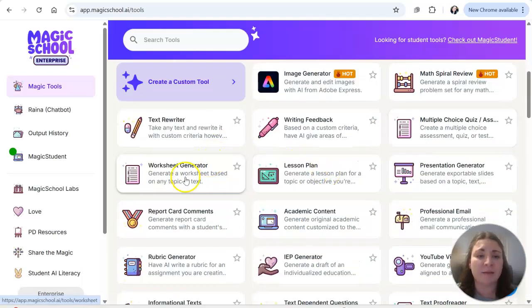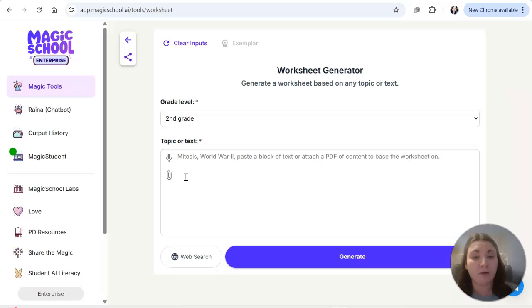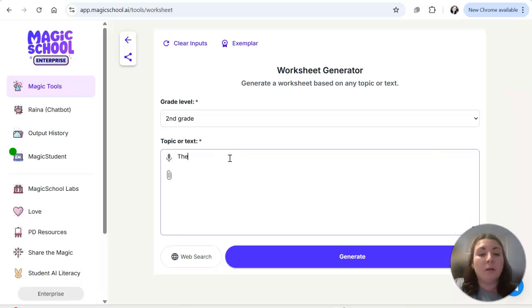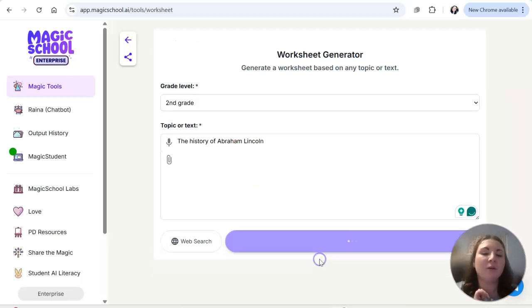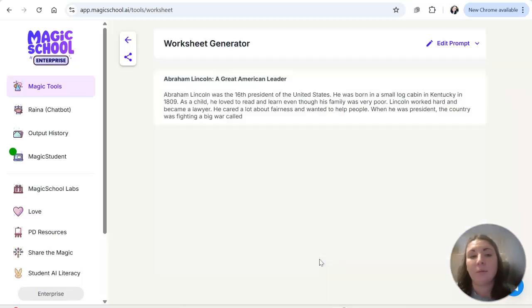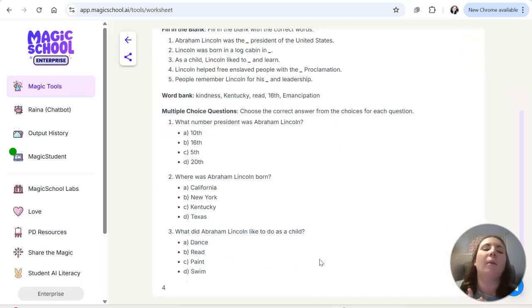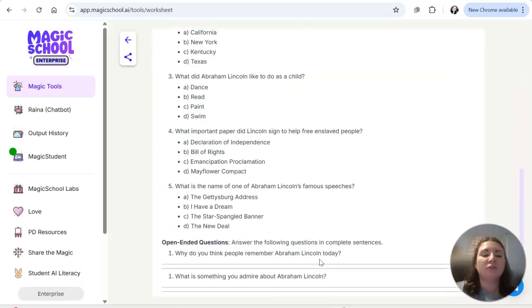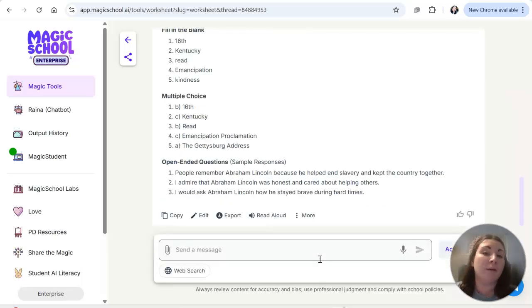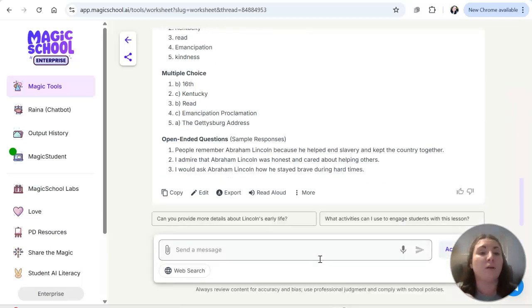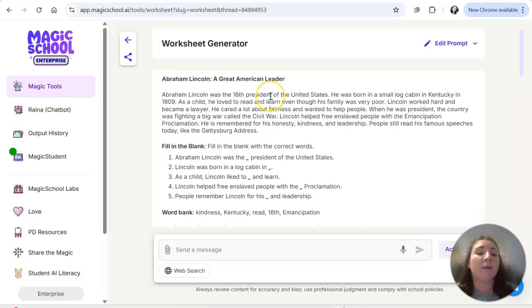Another great thing is there's a worksheet generator. So if you want to create a worksheet, second grade, say my text or what my topic is going to be is on the history of Abraham Lincoln. I don't know, I'm just adding something. I'm going to generate it and it will come up. Oh, look, it gives me everything I need to know about Abe Lincoln. And it will give me questions. I've done this before where I put in a little bit about one of my reading standards or history standards and bring it up, and then I put it into a PowerPoint and I ask my students, okay,